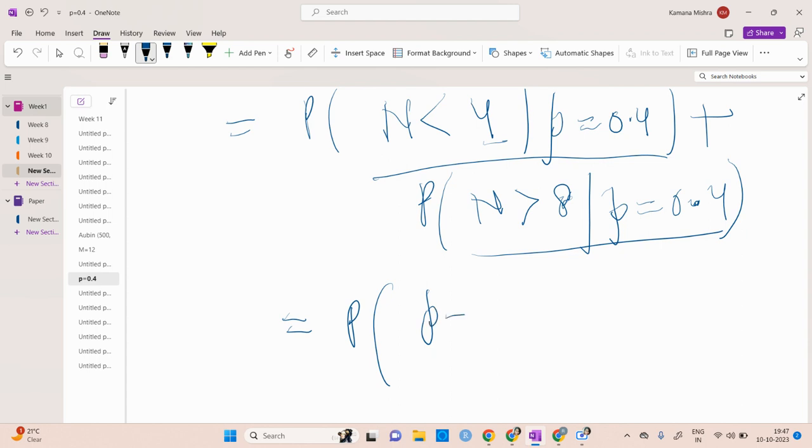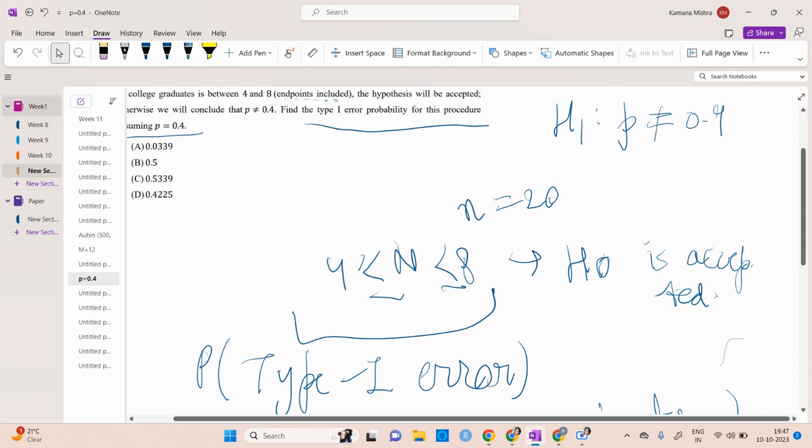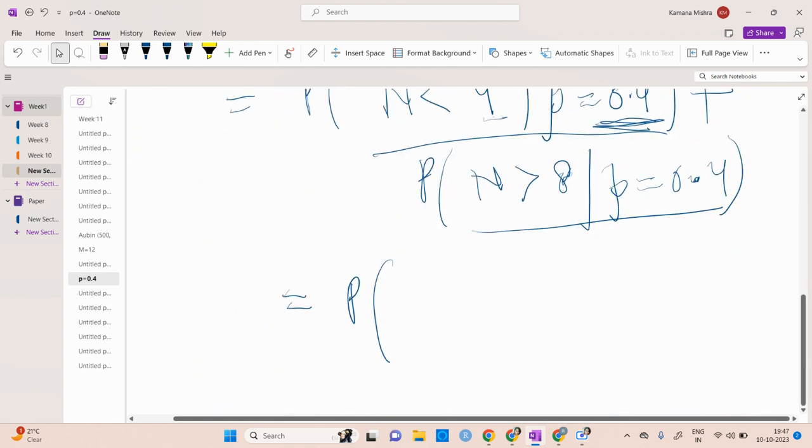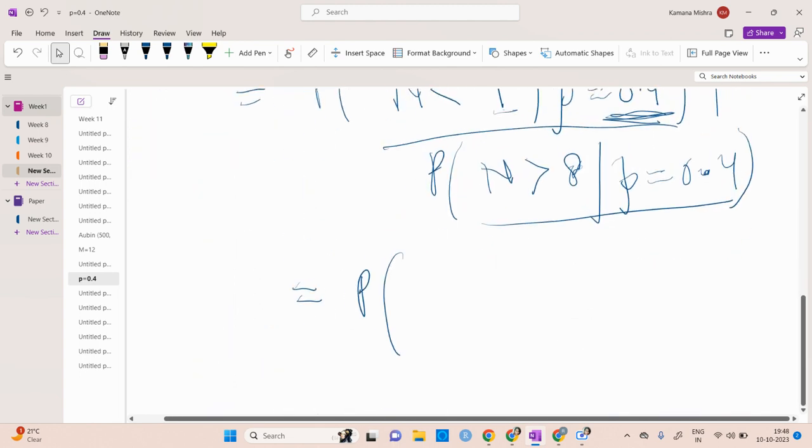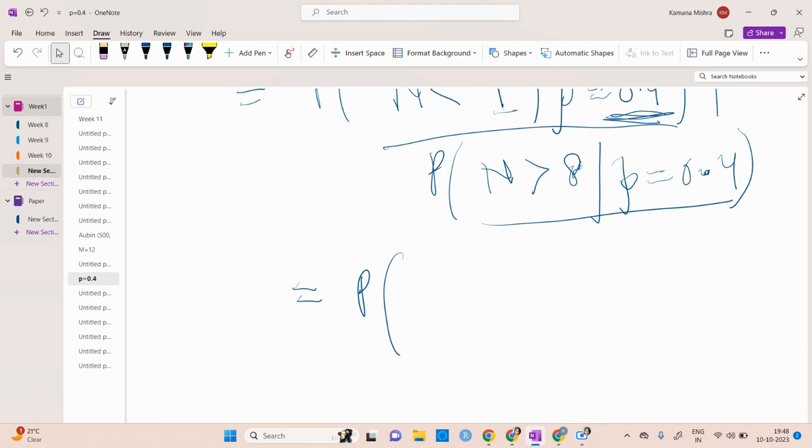Either you can deal with 4, or you can deal with 0.2. Then it will be 4 by 20, because n given here is 20, right? So it will be p minus p1 divided by,